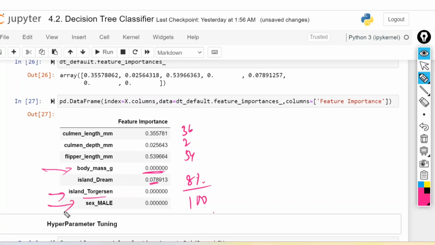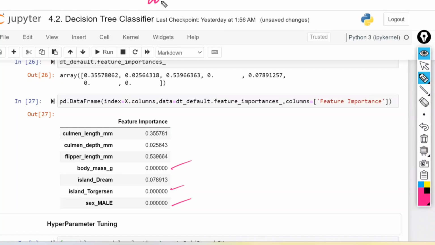At the same time, whether it is male or female is not going to decide which category it belongs to. So from the model, we can identify these 3 of them are having 0% importance, and these 3 features you can drop.